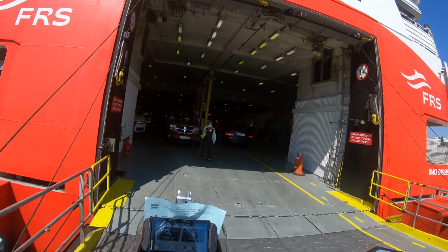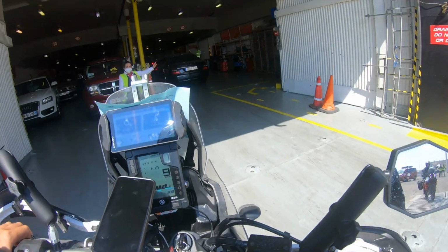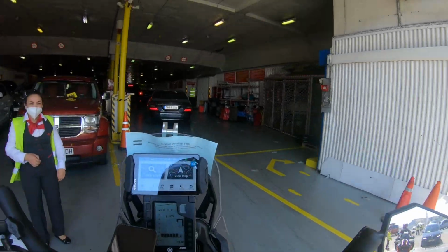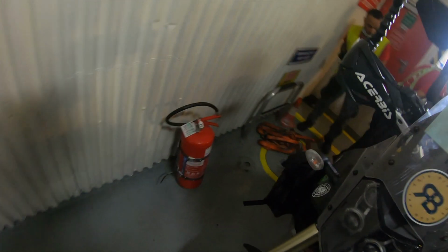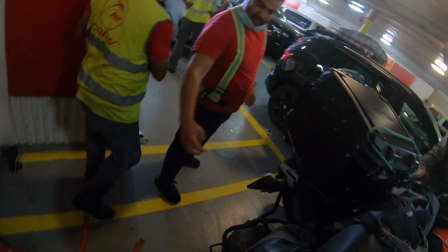And then you drive aboard the boat. But on the boat, it's your responsibility. No one tells you this, but it's your responsibility to fill out the immigration papers and the insurance papers for the vehicle. So when you come on the boat, you have to, of course, secure it and everything. And then you go upstairs in the